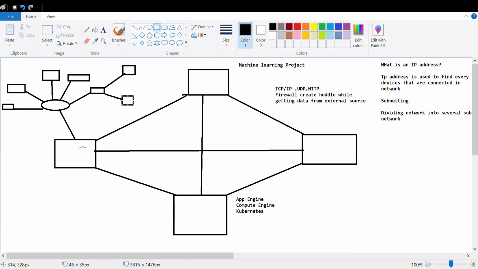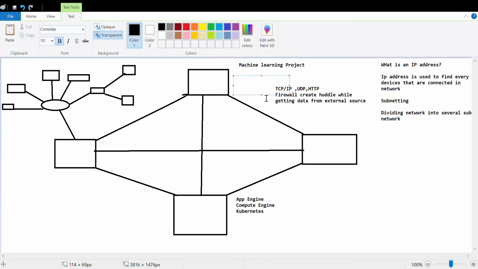Suppose you find that this system, you want to run this machine learning project on it, but the project requires 1 GB of storage and you have only 250 MB of memory. How are you going to manage? You will run some amount on this memory, and the rest you will share with the distributed system.